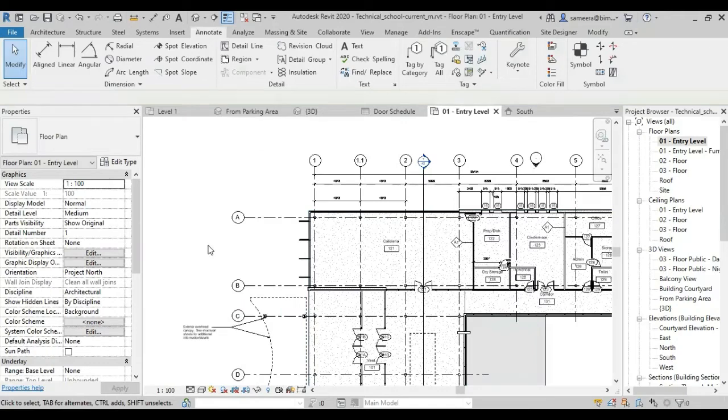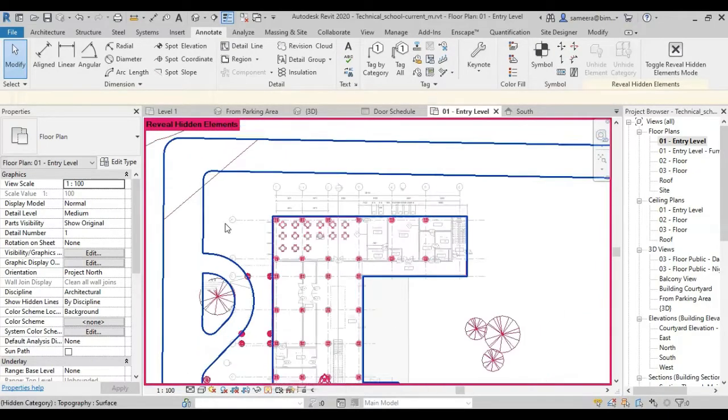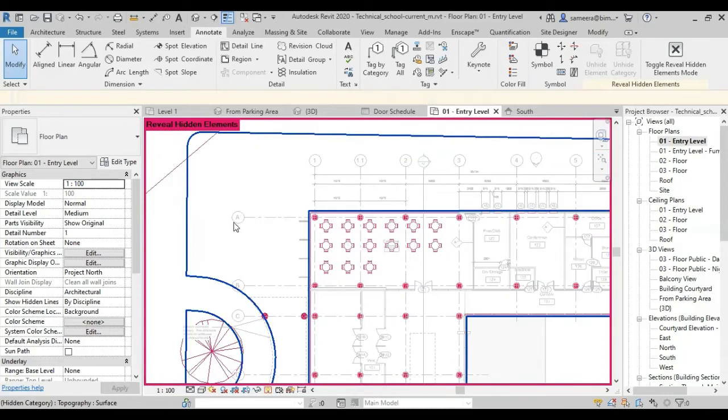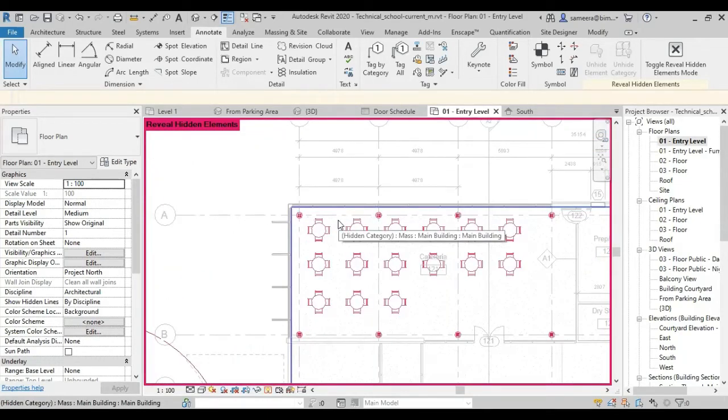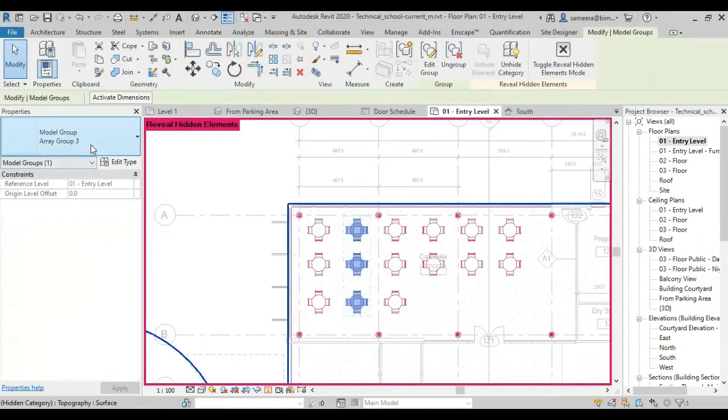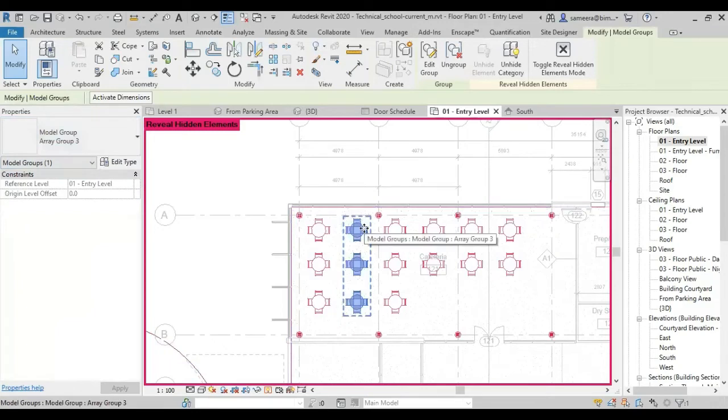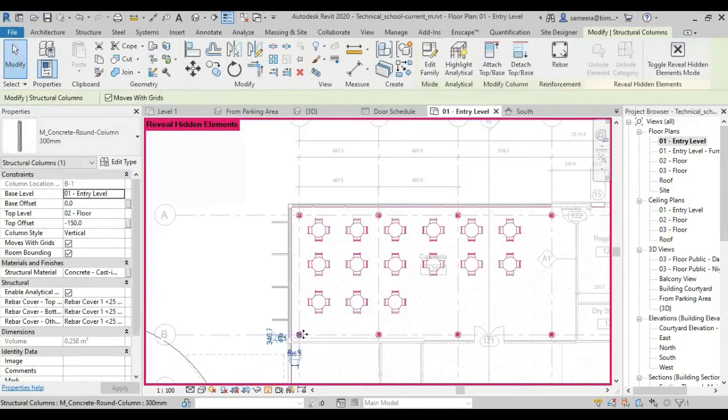Sometimes they may hide the elements for which we need to find the mark values. So how can we find the invisible elements? You can go to this portion: Reveal Hidden Elements. If it is hidden, we can go to Reveal Hidden Elements, and the hidden elements can be seen in red. See, many elements are hidden here. So the question can be: what is the mark property of the hidden element named, for example, array group 3? So what's the mark property of this? Here I cannot see it because it is an array element. Only if it is a single object can I see it and come to this.